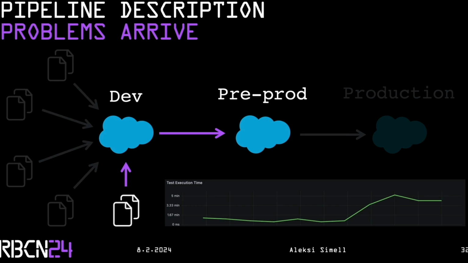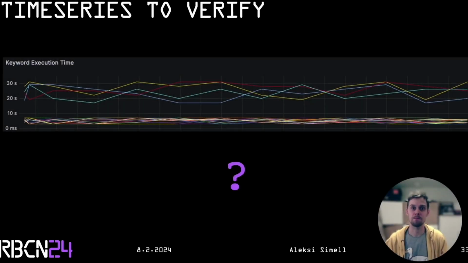So what we did was that we created a very short test case that ran for a few minutes, every 10 minutes for a week, every single day, and every single time of the day, and gathered the execution times of specific keywords. In here you can see some lines on the bottom, some lines on the top. They all should be roughly the same. They're just basic "wait until page is loaded" sort of keywords. And they all should be in the relatively same area at the bottom of the graph.